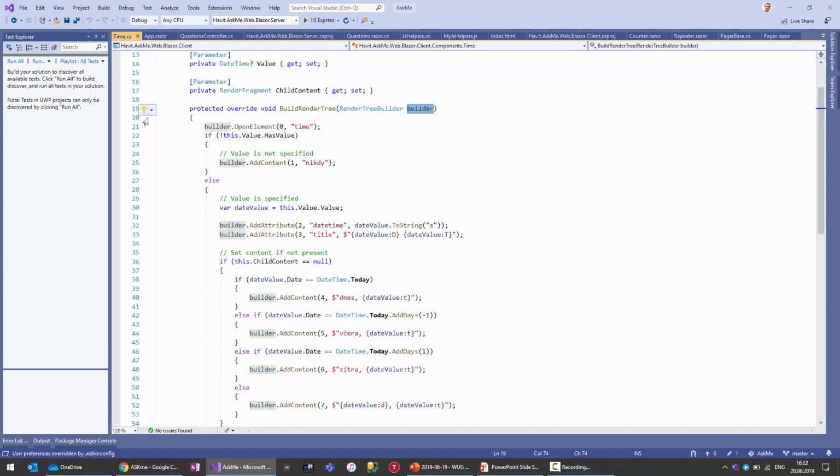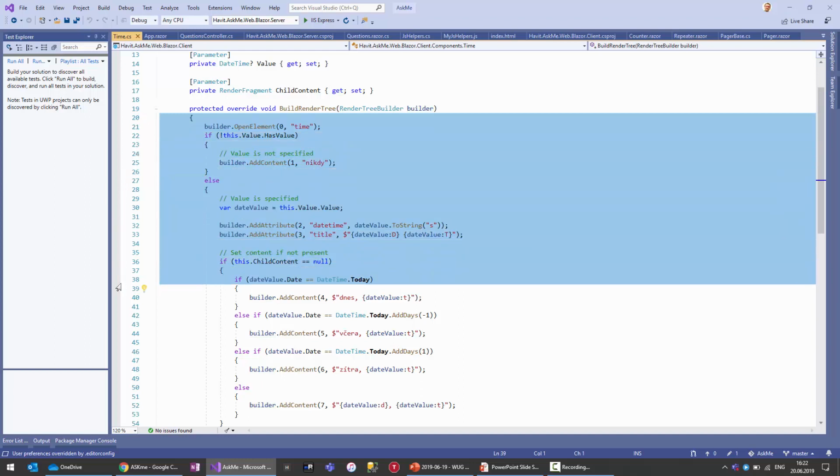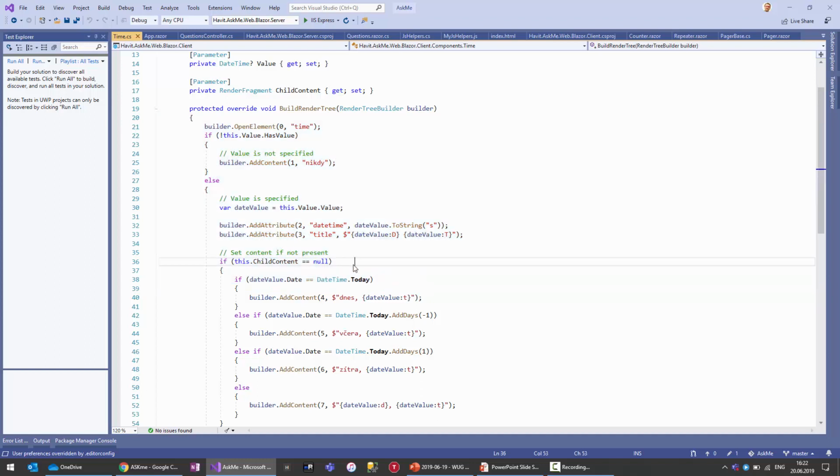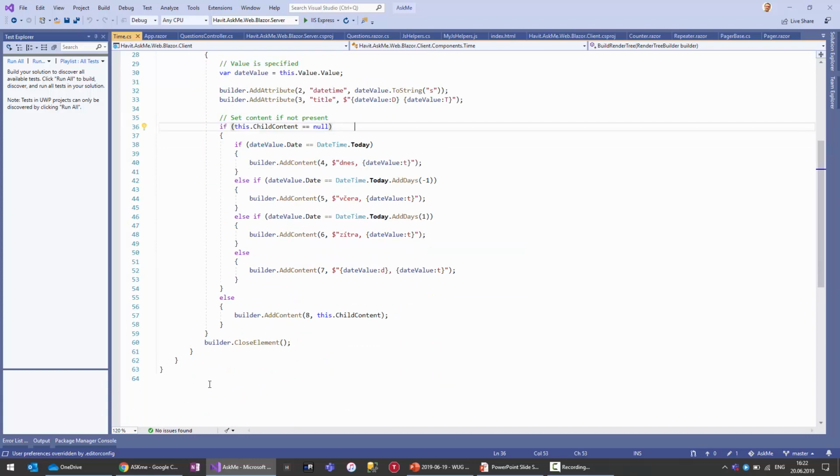And this is the code which is usually generated by the Blazor build itself before the compilation from the Razor file. It generates the C# code. And there are many methods like AddContent, AddAttribute, OpenElement, OpenComponent, CloseElement, CloseComponent, and by using these methods on the builder, you build the component tree, which then translates into the, well,